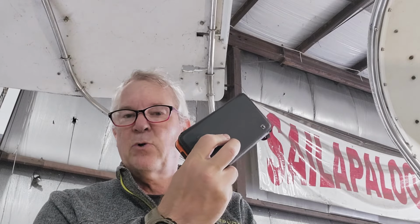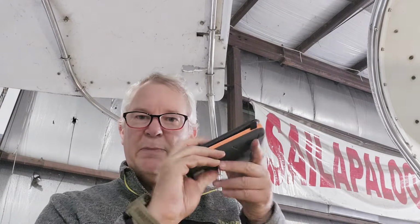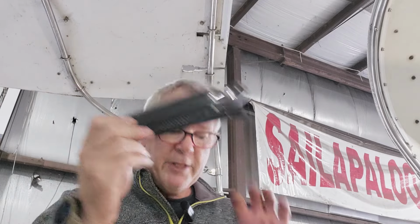And it's got the basics, some of the things that you really need to survive in a pinch. The EPIRB is going to be in here. The solar panel rechargeable battery, so I can recharge maybe my communicator, is going to be in here. The communicator I'm going to pull out here shortly. The rigger's knife, insect repellent,